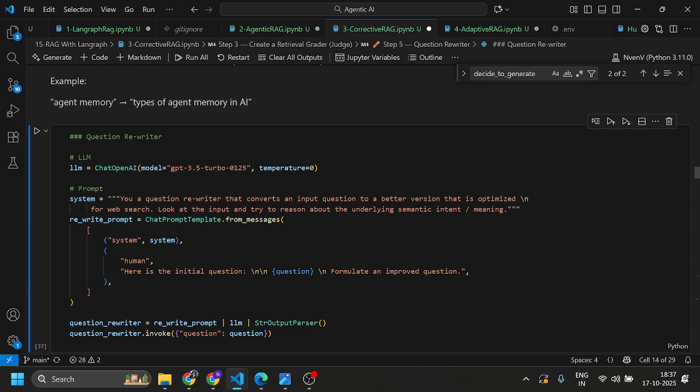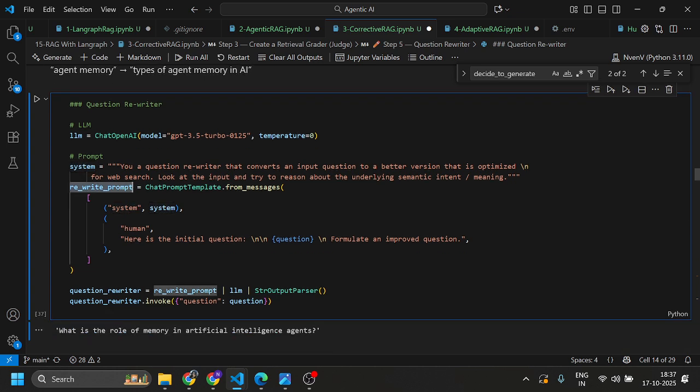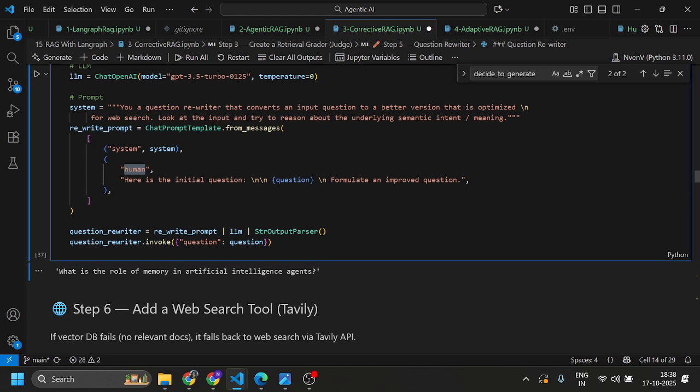LLM equals ChatOpenAI, model GPT-3.5 turbo. Okay, and this is the system prompt. For rewriting the query I have created this variable, and here I'm going to use system and human, system prompt and human prompt. This is the question rewrite